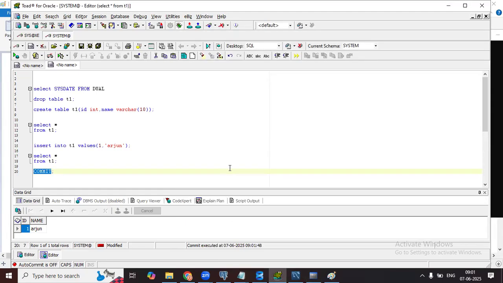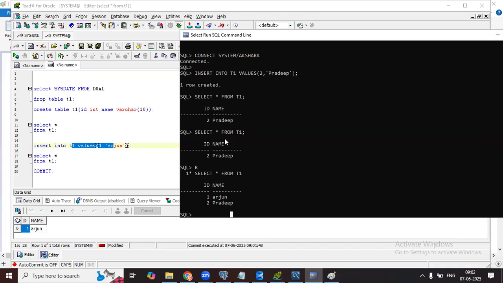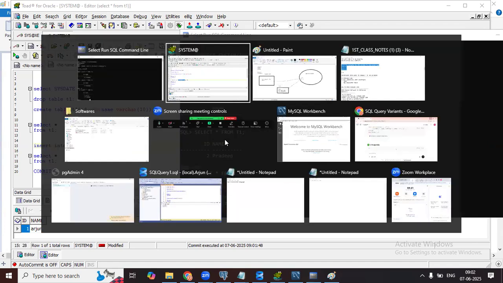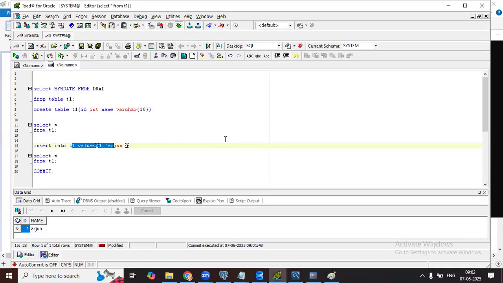I'm going to cover what commit is later. So here, if you run it, it will show in color. In the command line, it won't show any color. That's the only difference. But the command you run will be the same.